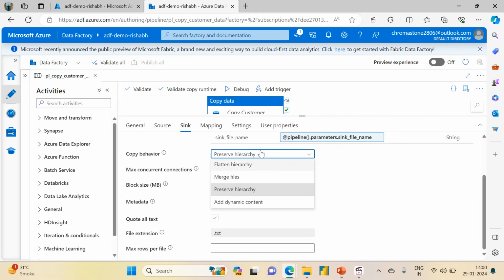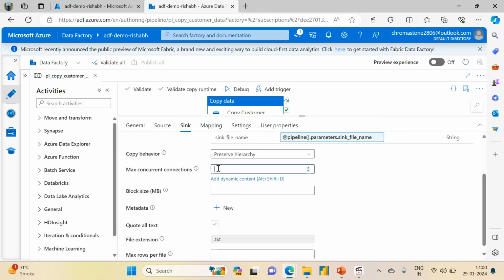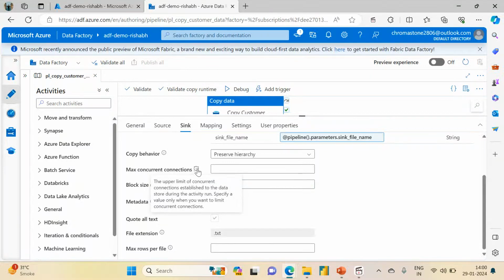So remember that in flatten hierarchy, you will flatten the hierarchy, you will get every file in one single folder, but that file will be of a different name. You cannot control the name of that file. In the case of merge files and preserve hierarchy, you can define your name of the file and that file name will come. Max concurrent connection, again, how many connections you want to allow data factory copy activity to make